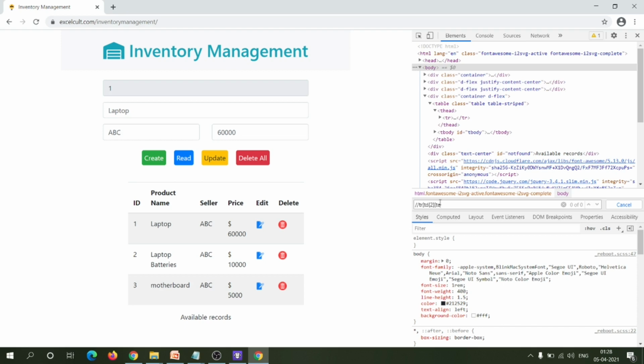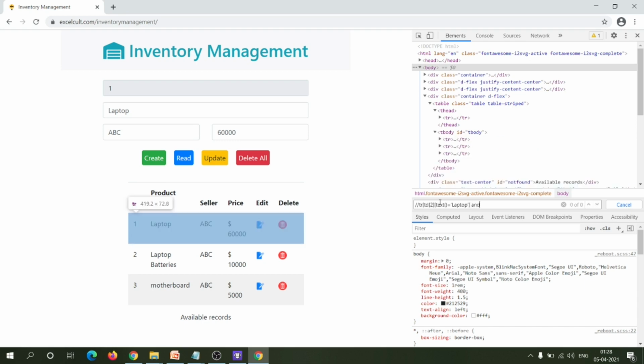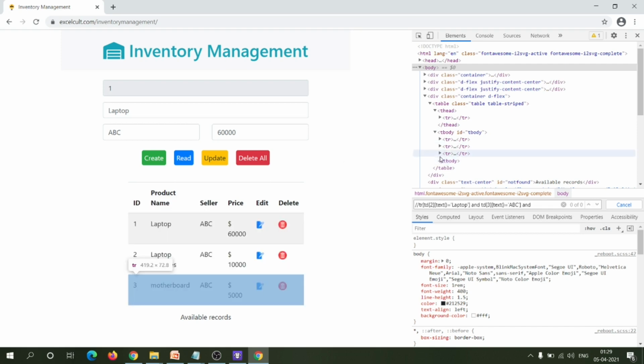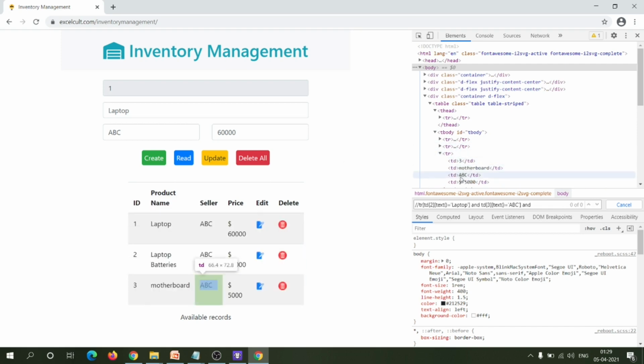Name is equal to laptop and seller is equal to ABC, and if you look at the third keyword, there's a space between the dollar sign and the money value. So we have to provide that here.